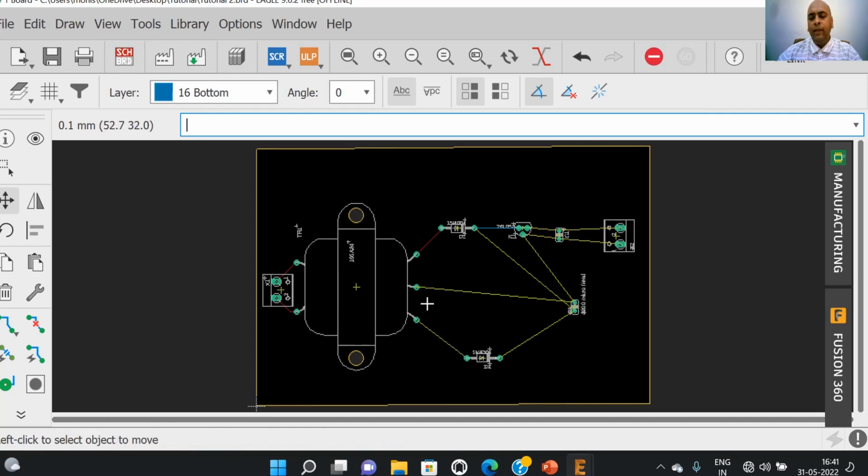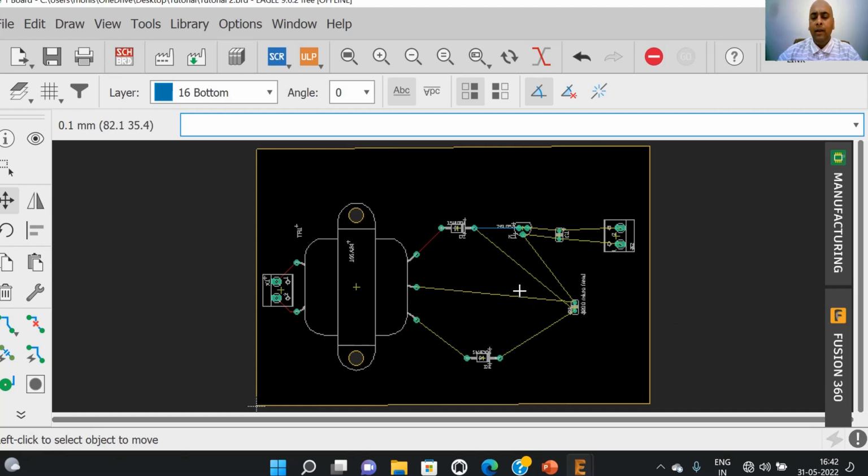Now, when we are routing the wires, the one thing that we should keep in mind is that there is no intersection of traces. So where we feel that there is an intersection of traces, we can use the top layer and bottom layer in order to draw the trace, that is, to connect the component.